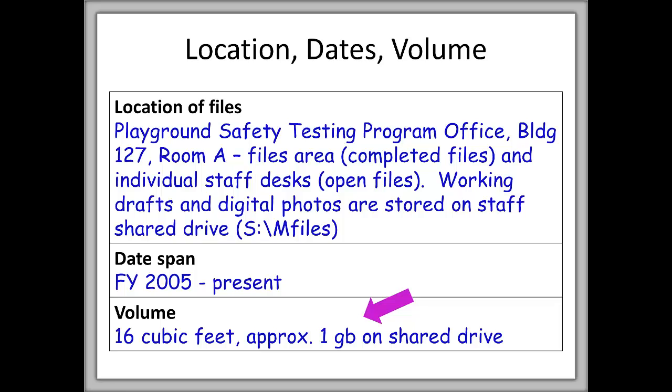In a lot of cases, we'll note the volume of the records. That's usually recorded in cubic feet. One standard records box holds 1 cubic foot. If you have electronic files, you'll note the amount of space those files take on your network. This information is helpful if you're planning for record storage space, planning to send the files to a record center or an archives, planning to purchase data storage, or just trying to get a picture of the vast quantity of